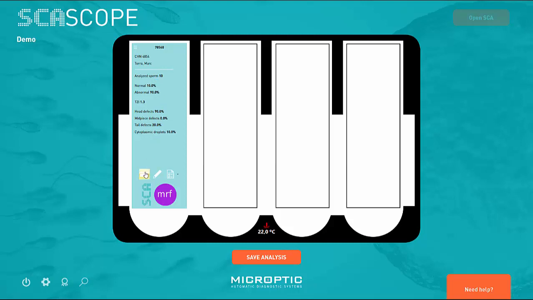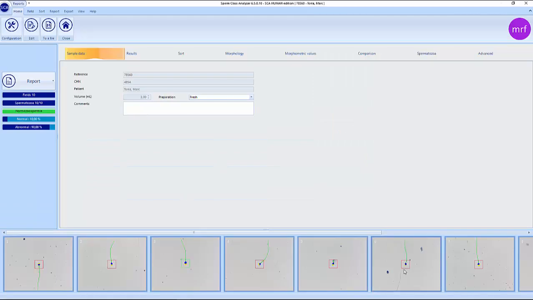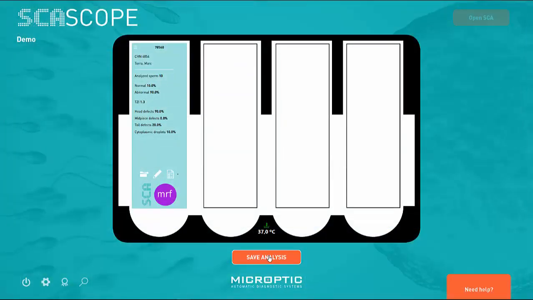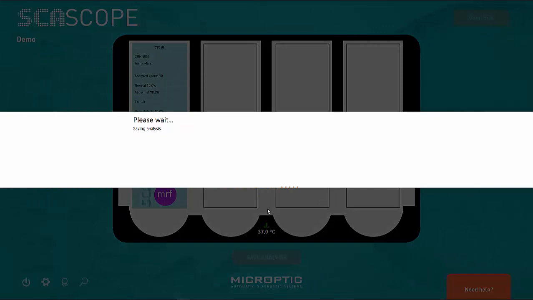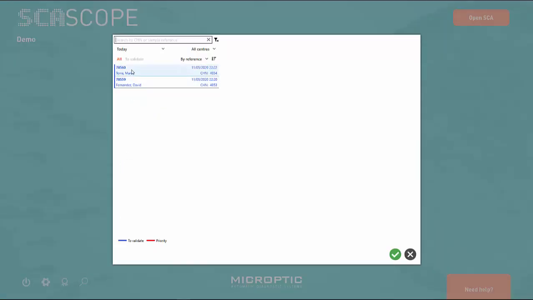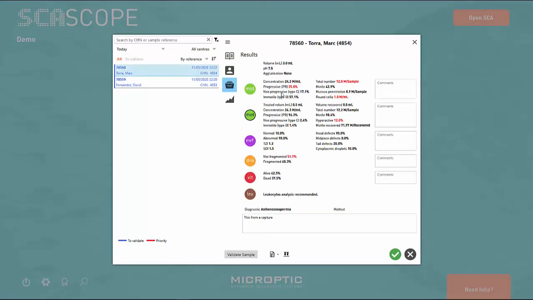In that case, in the scope, it's also possible to open the analysis and check if everything is correct. And it opens the same screens as in the SCA full version. Okay, so here I can check if everything is correct. And at the moment I press save analysis, it saves everything in the database. So later it will be possible to see this analysis from the main system or also from the editor or the viewer. Here also, if I press search and I select the sample that I have been doing the analysis,